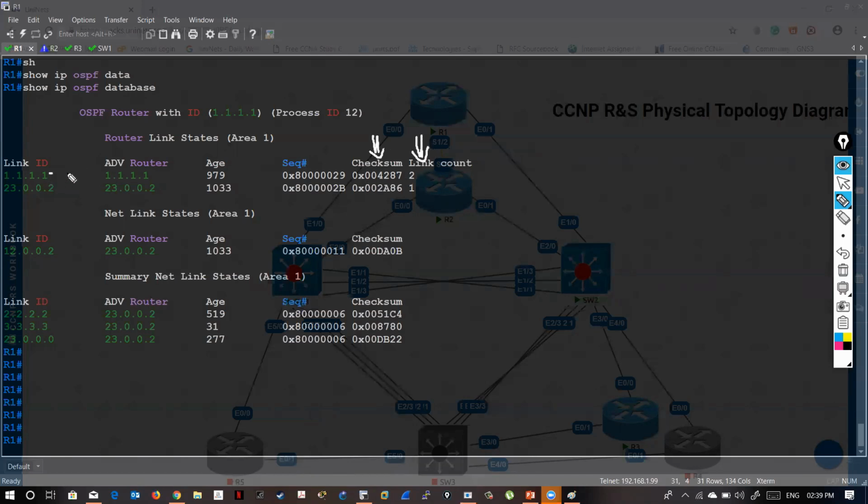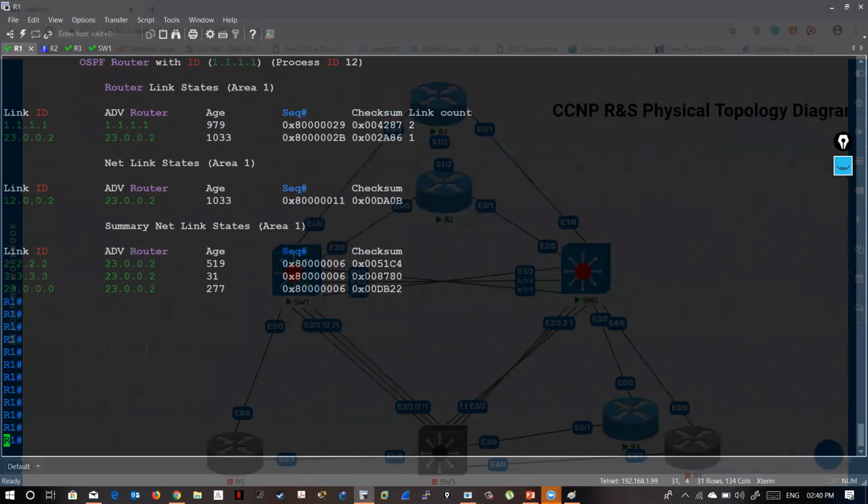On 1.1.1.1, in this area, how many links do we have? Only one. And on the 23.2 router, how many links do we have in this area? Only one. Clear? And if you want to see this in detail,